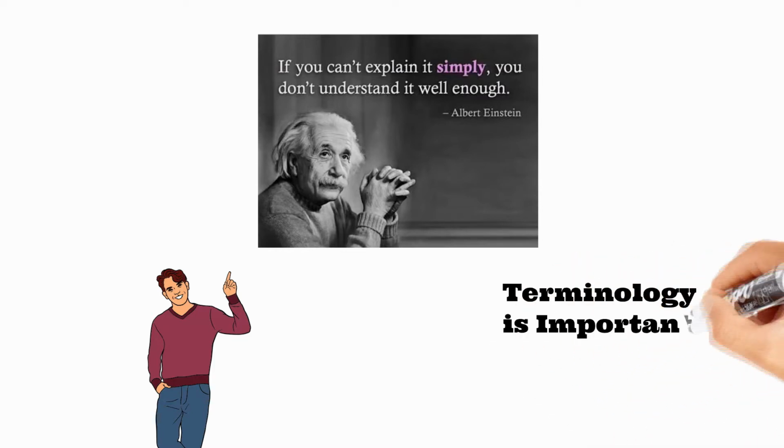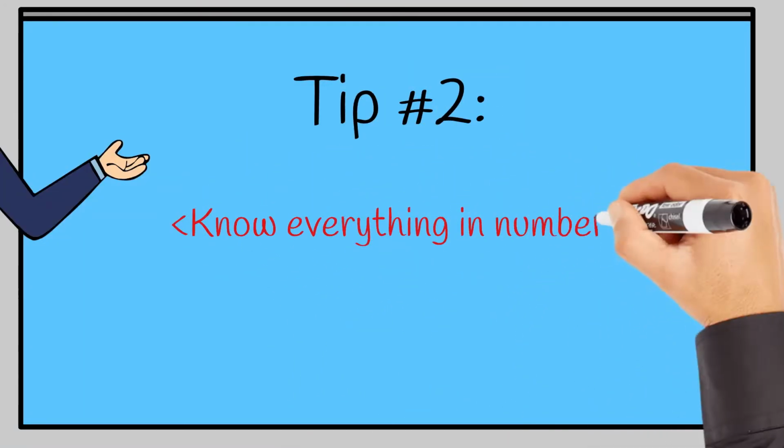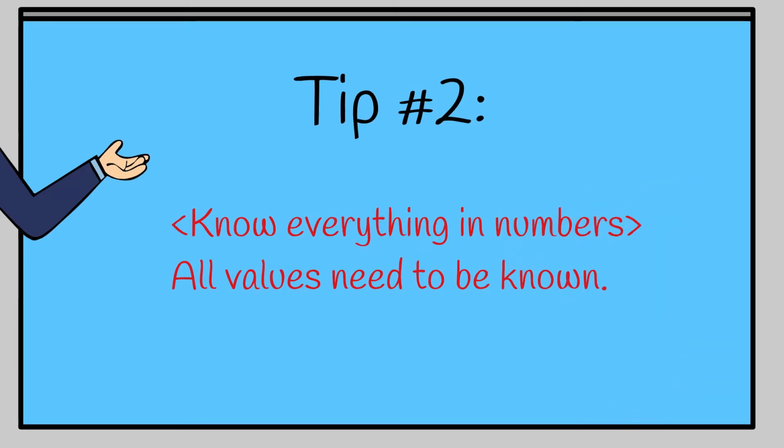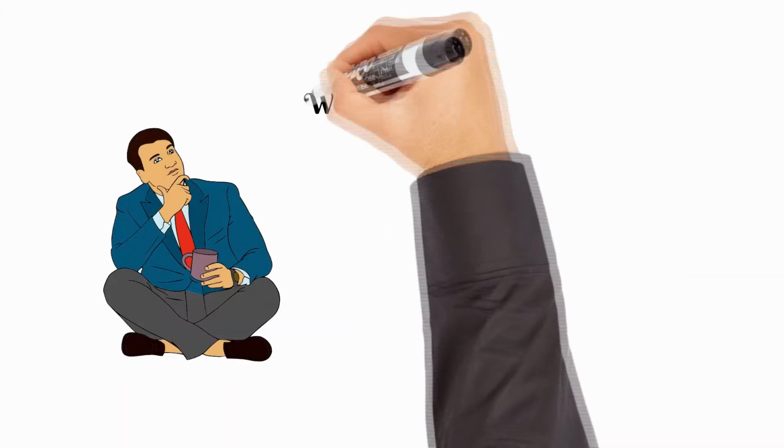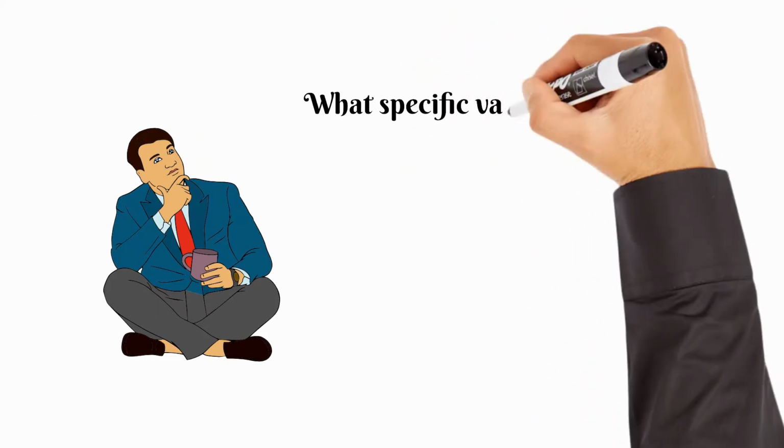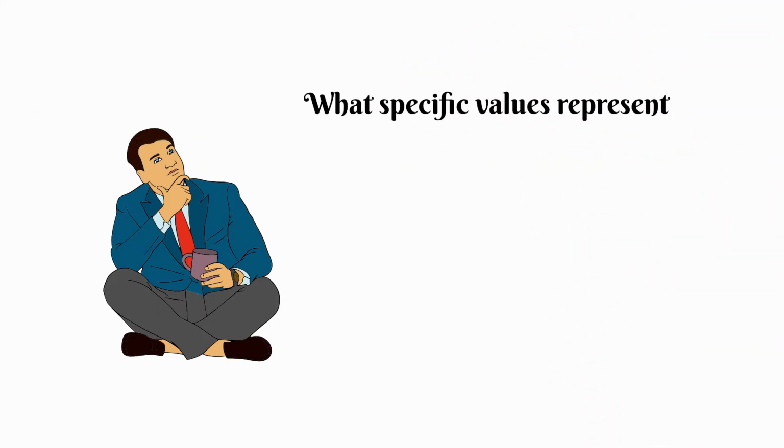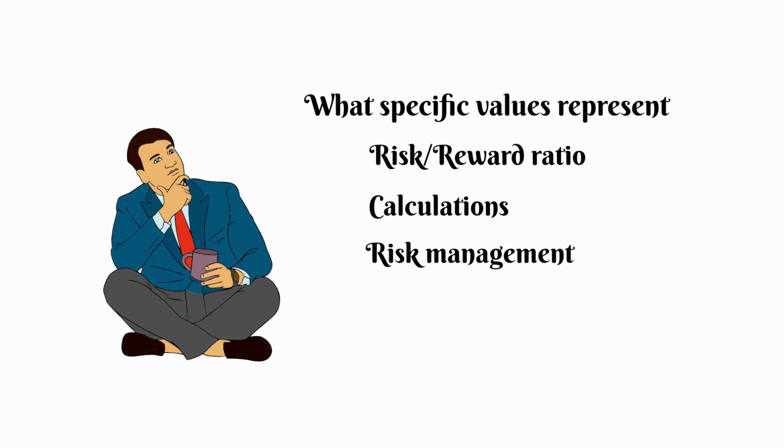So one more time, do learn the terminology, since we need to know in the beginning, in words, what we are working with. And further, in addition to knowing everything in words, we need to know everything in numbers. And we shall, of course, start with the values. I will be further using the example of the Forex market. And here I mean, what are the values that we have available for trading? And I mean all the values. Now, this is necessary for multiple reasons, and it will further serve us in defining the risk-reward ratio and calculating risk management, for example.